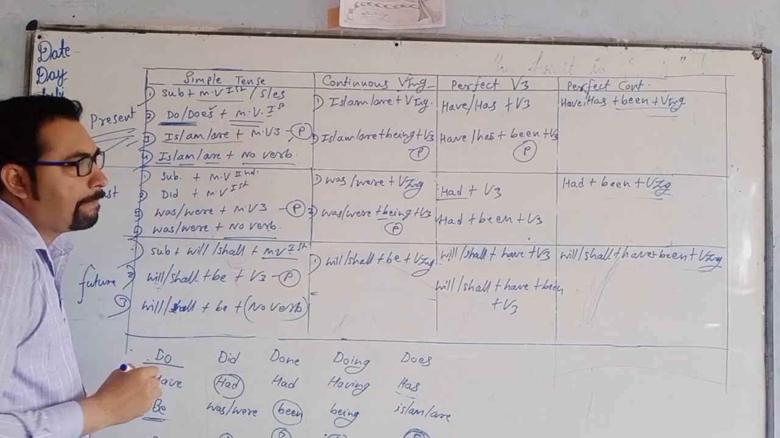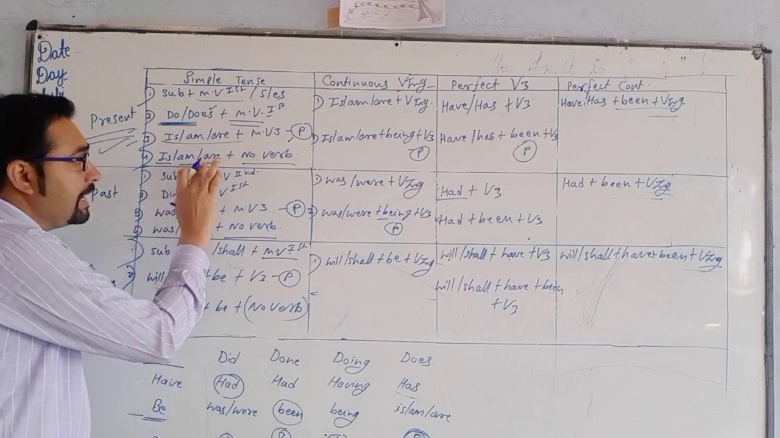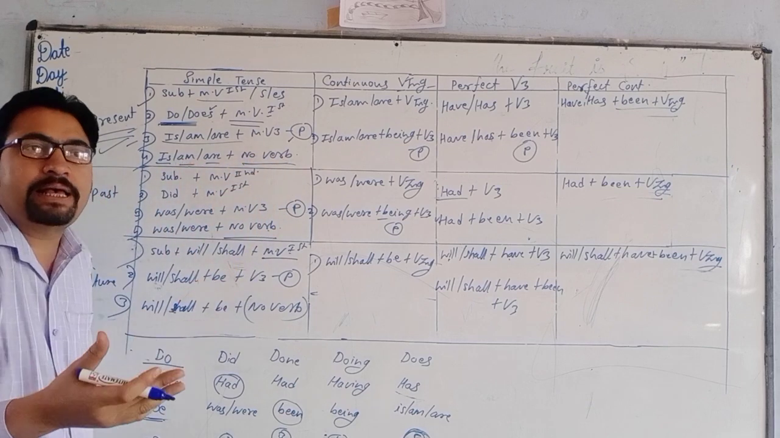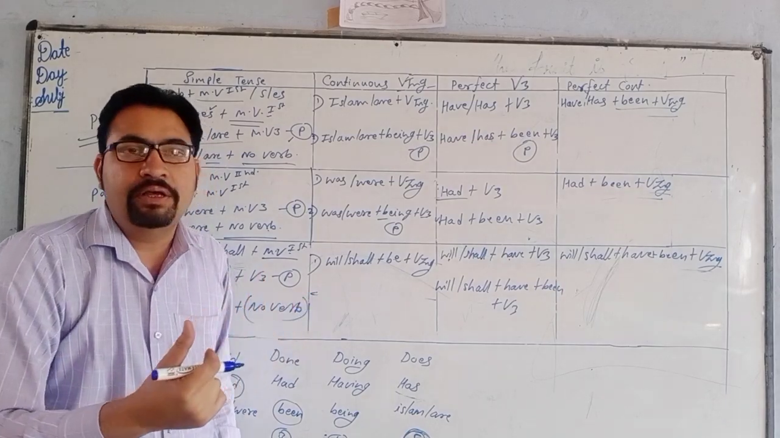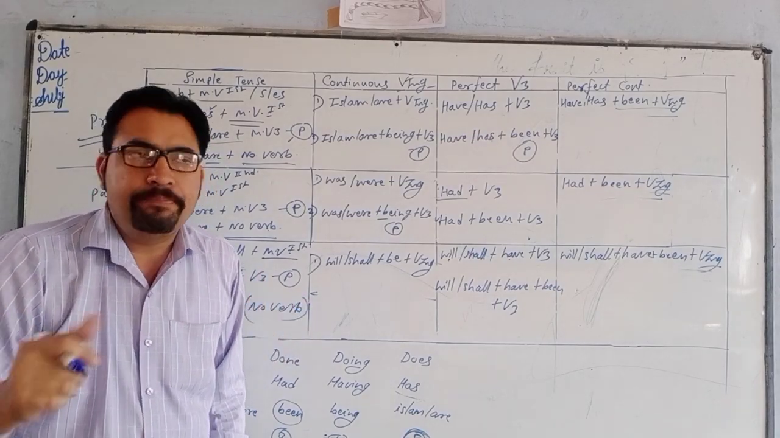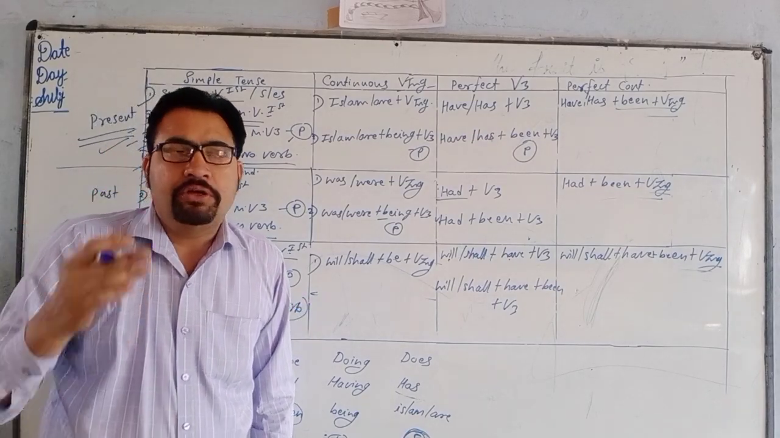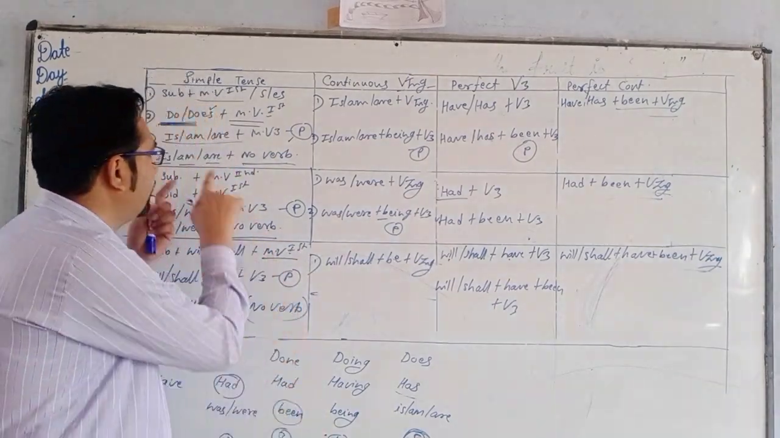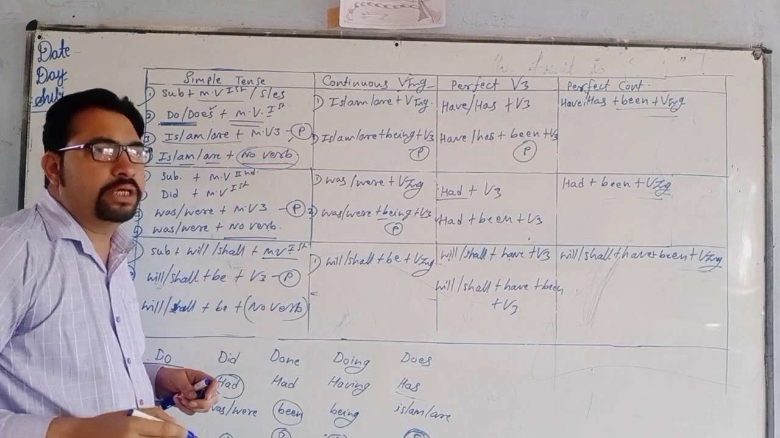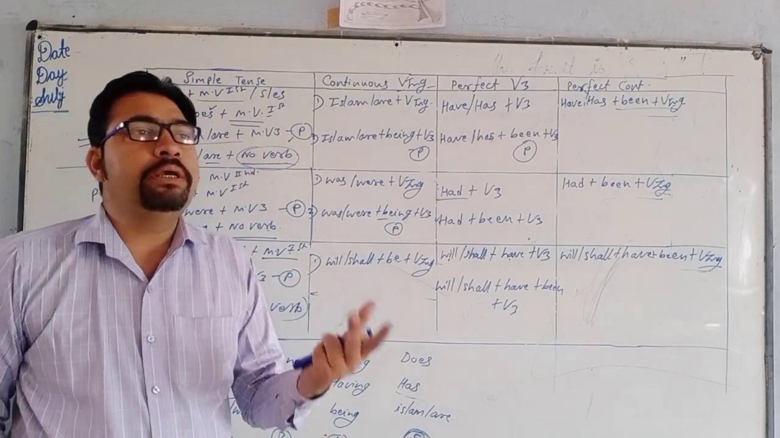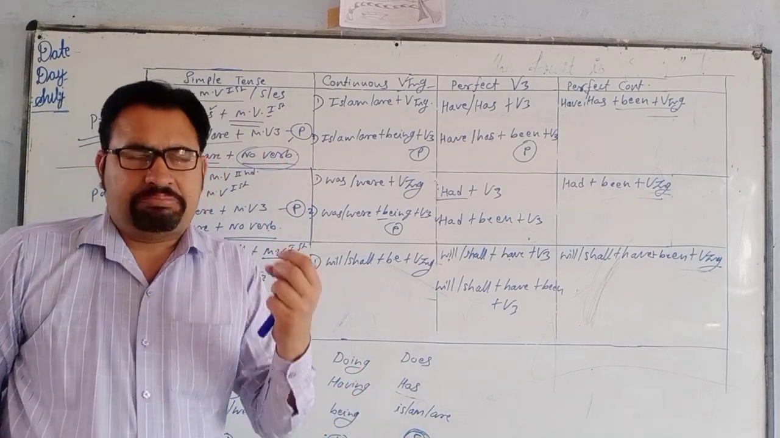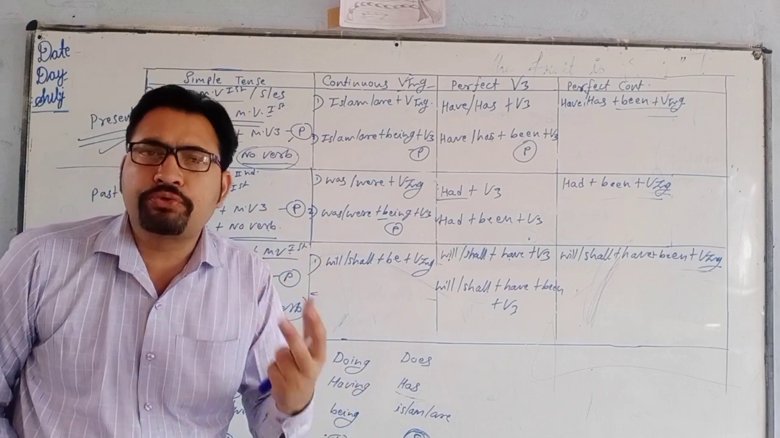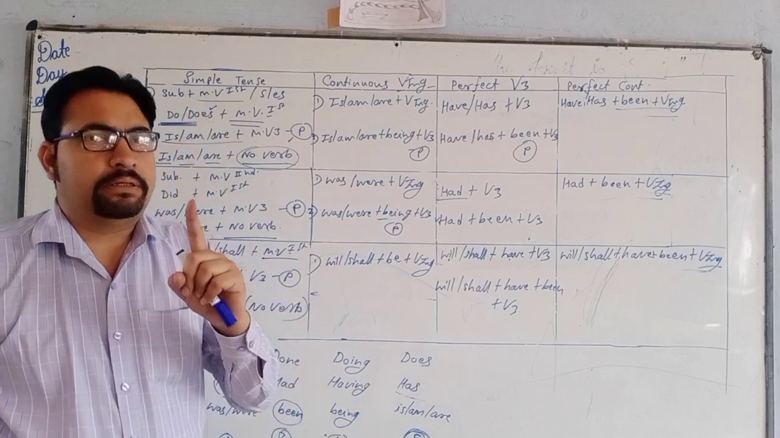Is, am, are with no verb. For example, I am honest, he is here, we are honest, we are intelligent, she is beautiful. In all these sentences, after is, am, are, there is no verb. There could be anything like an adverb, adjective, noun, pronoun, anything could be here, but there would not